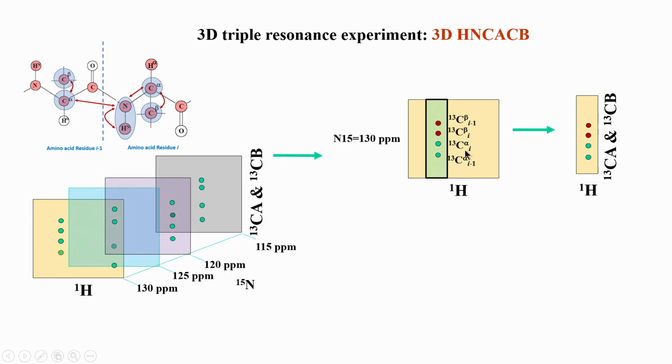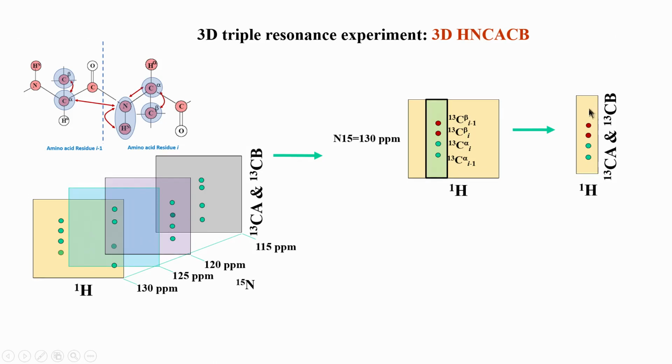So, C alpha and C beta can therefore be distinguished, but the problem of distinguishing C alpha of I and I minus 1 still remains, because these are coming in the same color or same phase, that I cannot distinguish. We will see how to do that shortly. Similarly, here C beta of I and I minus 1 have the same color, I cannot distinguish between these two, but there are ways to do that which I will show you. But in general, the total number of peaks for a given strip is 4.